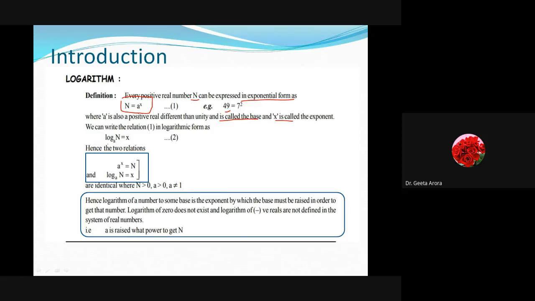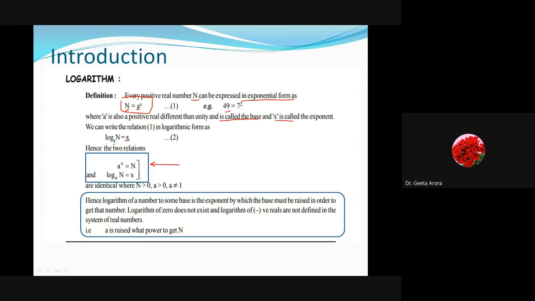Here we have log n. We have taken log of this n with base a. If we have written n is equal to a raised to power x, then we have to write log n with base a is equal to x. So you have to remember this relation. I have taken this in a rectangle to showcase that this is the formula to be remembered: if a raised to power x is equal to n, then